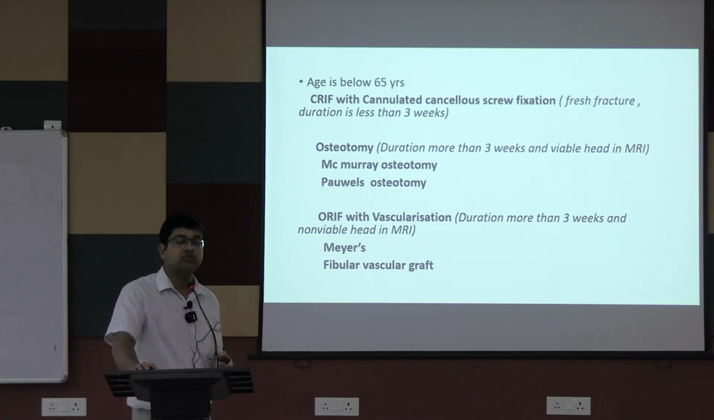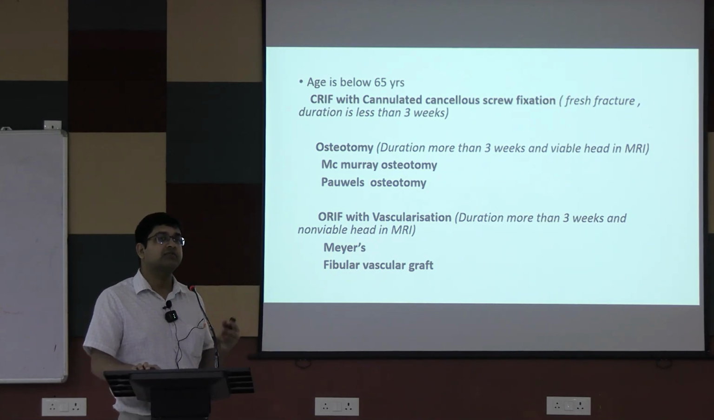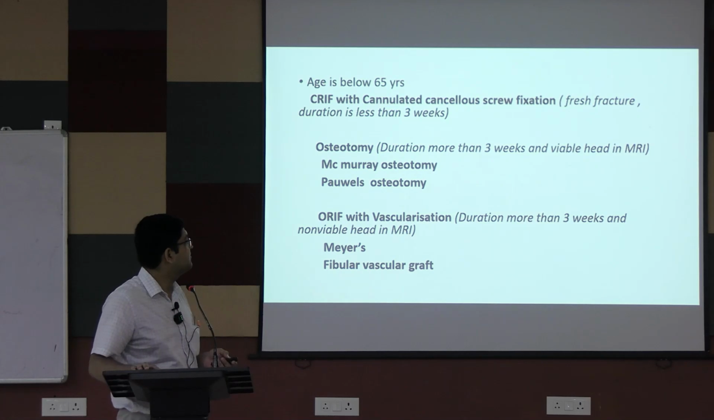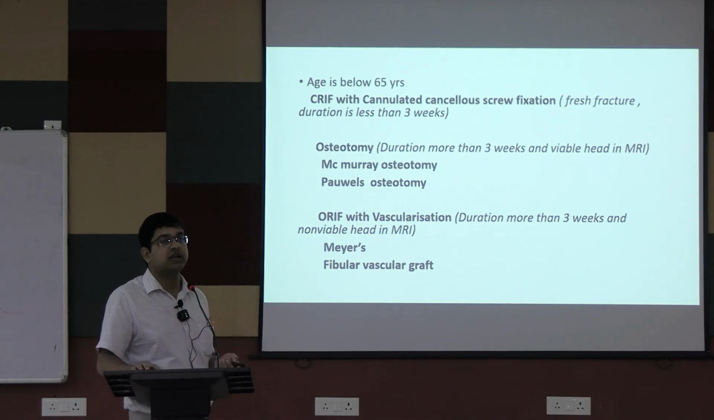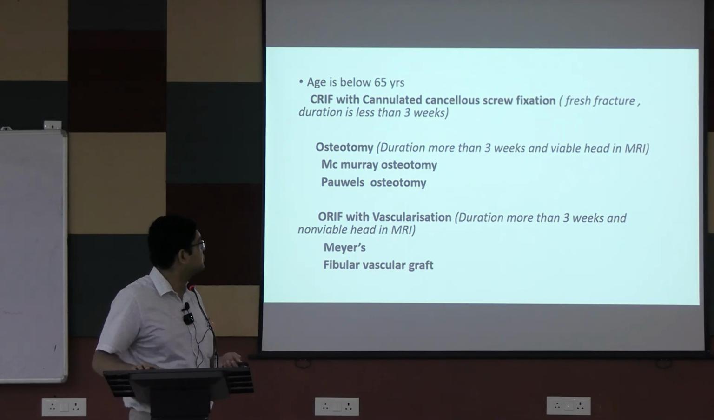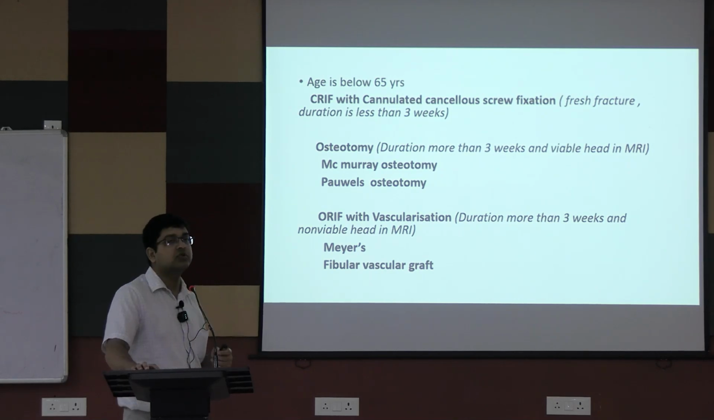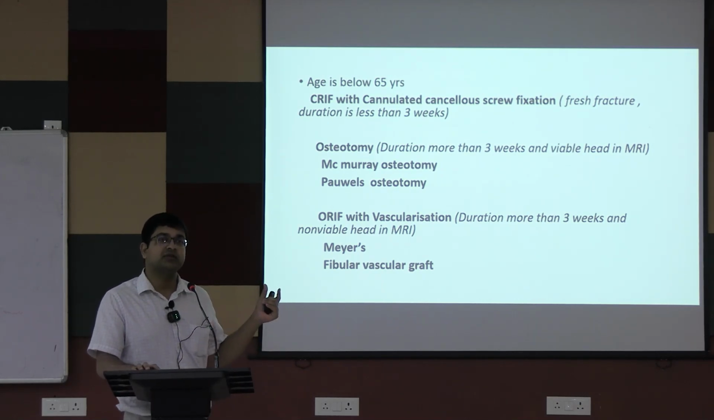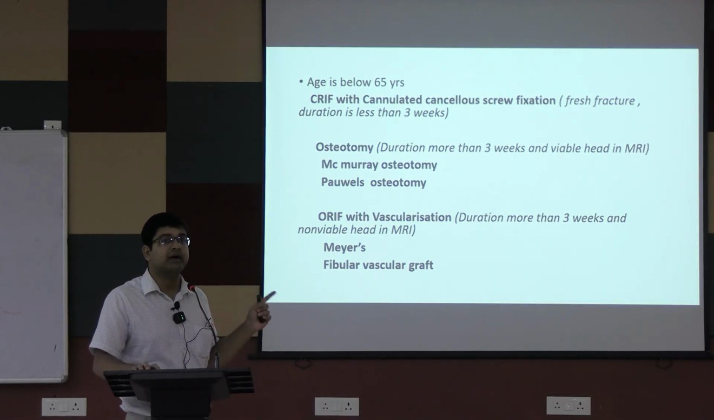Then you have to do an MRI. You have to check the viability of the femoral head, whether the femoral head is viable or non-viable. So if the femoral head is still viable after 3 weeks, then you can do closed reduction internal fixation with a CC screw, okay, or you can do an osteotomy. These osteotomies are Powell's osteotomy, যে ক্লাসিফিকেশনটা বলেছি Powell's, সেই পাওয়েলের একটা অস্টিওটমি আছে, পাওয়েলস অস্টিওটমি অ্যান্ড ম্যাকমোরিস অস্টিওটমি,